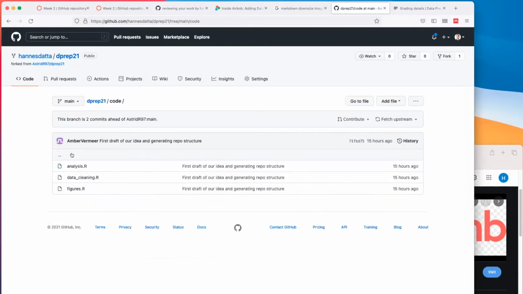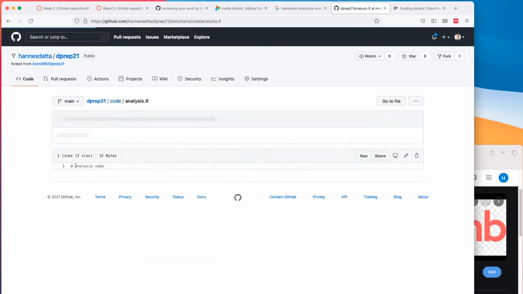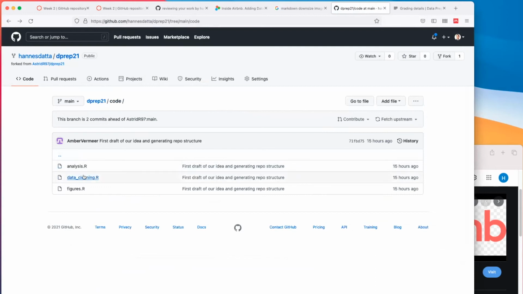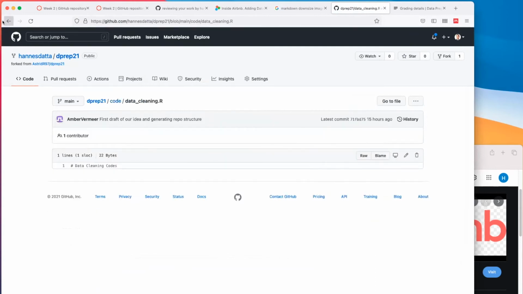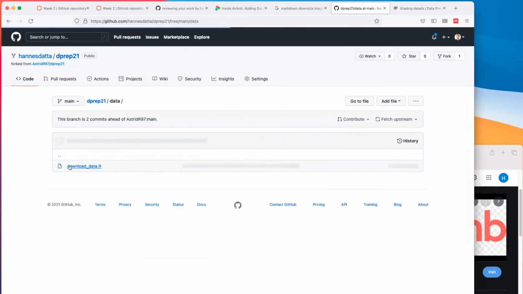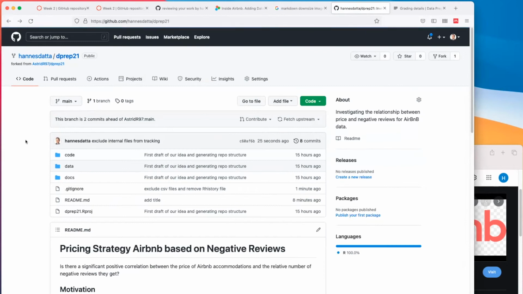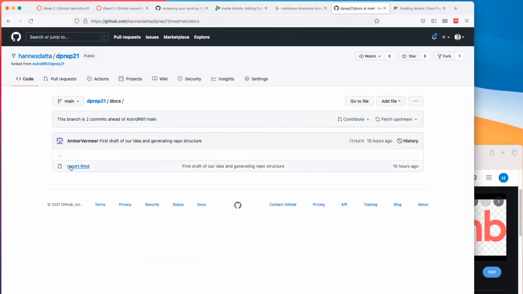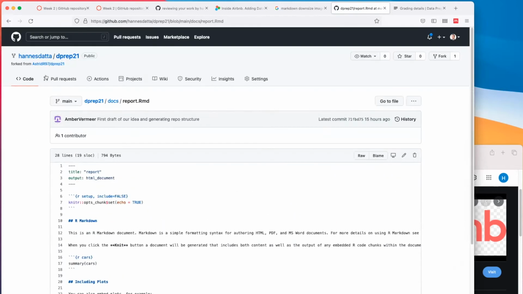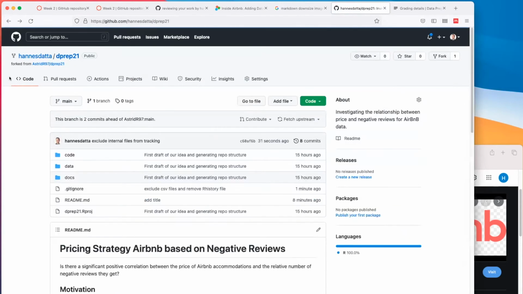Okay, and then we get some code. And you started actually even, well, no, there's actually nothing in there. Data cleaning, no, nothing is in there. Figures, I think nothing in there, good. But the data, well, you haven't worked on that too, but that's totally fine. So what I like here is, you've just initialized it as a template. This is actually a great template to start a new project. So good.